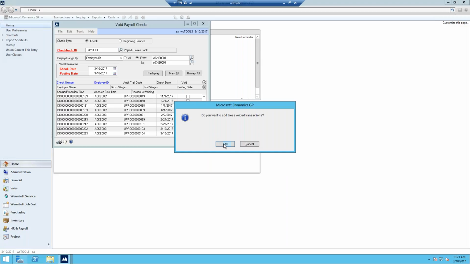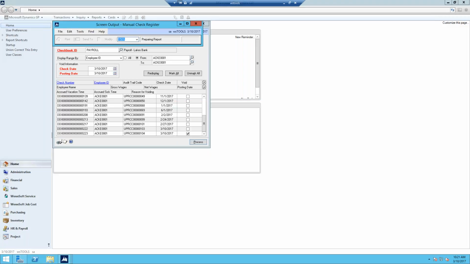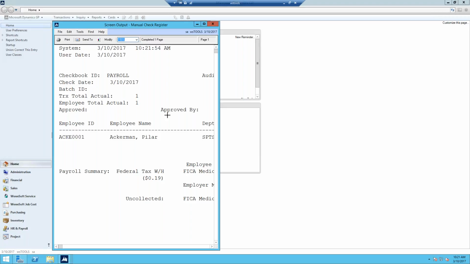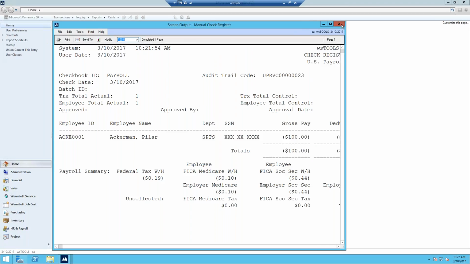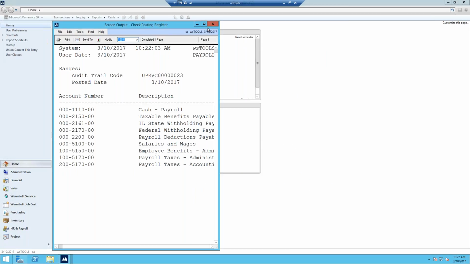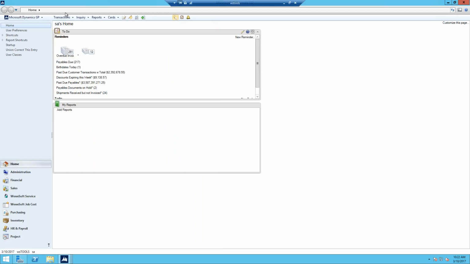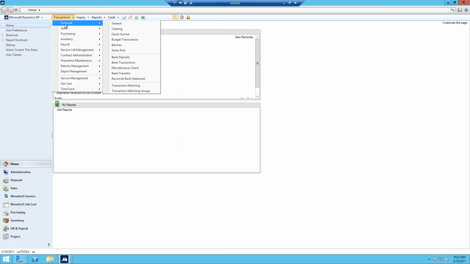So again, just so you can see how it's coming back, it's just going to add those transactions right back again, showing me all my voids. I want you to see that all of your registers are exactly as you would expect them as far as doing a void. Same thing with my check posting. Then as I go in